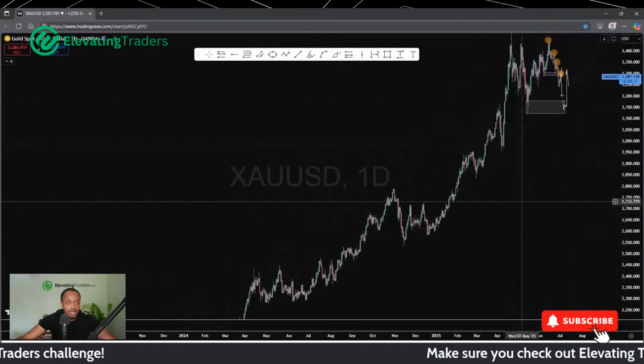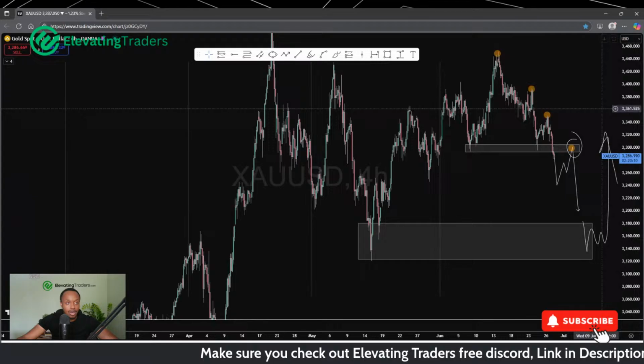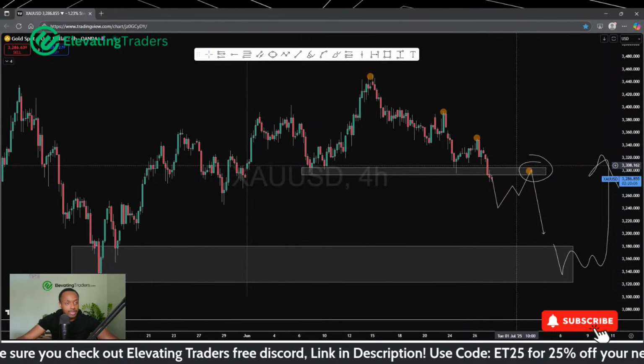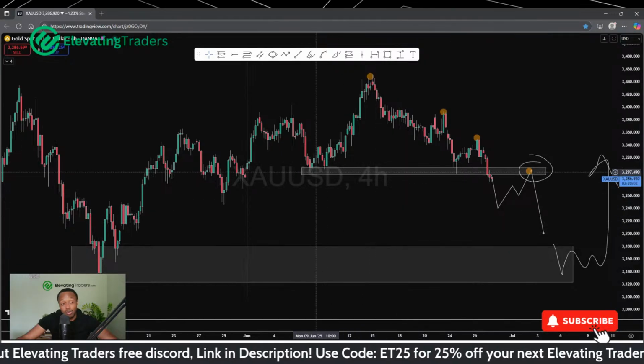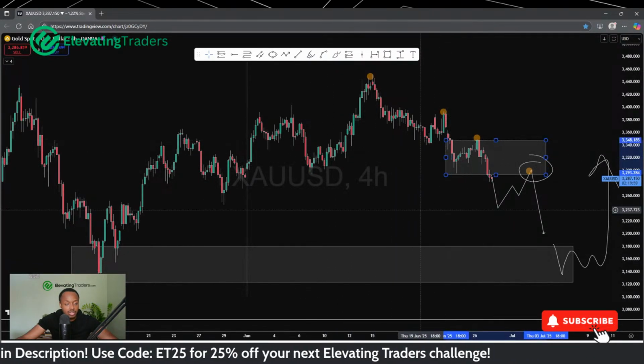But looking at the daily chart, this is still such a bullish market, so I am still looking to buy it as a whole. But if we are going to break support here, which looks likely, then I would be looking at a lower high to form, perhaps on the retest of this low here, or on the retest of this range here, so to speak.